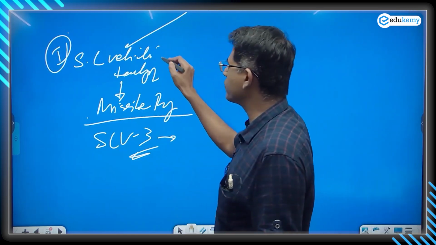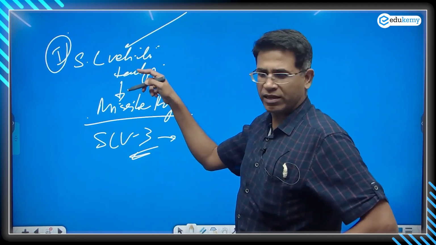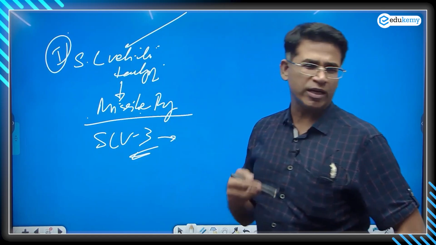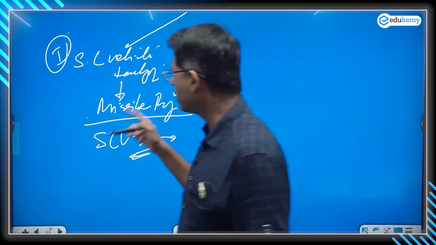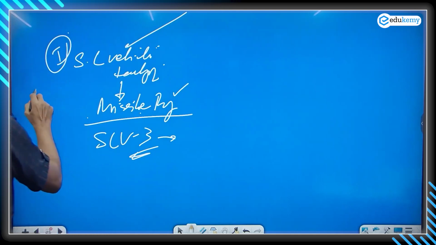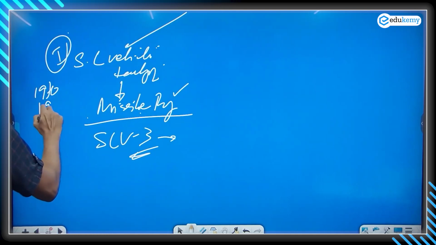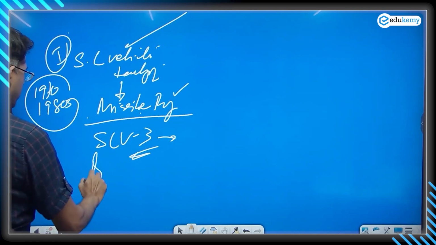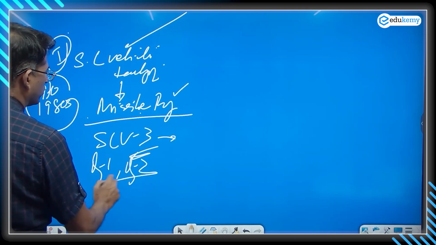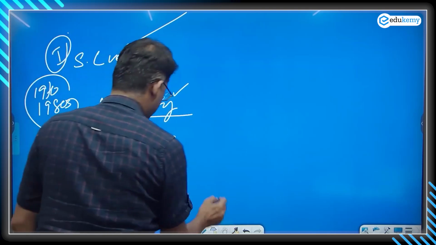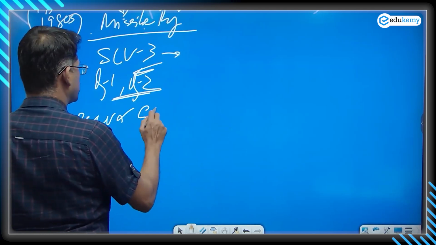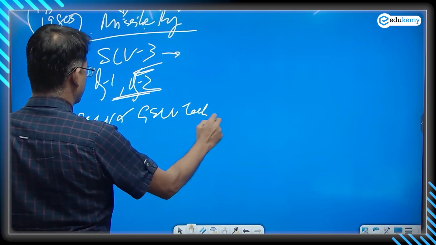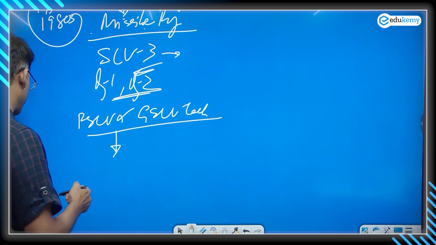So space vehicle technology got developed into India's missile program. Again, this happened in the late 1970s and 1980s. And the same space technology, the PSLV and the GSLV technologies, have become the basis of India's